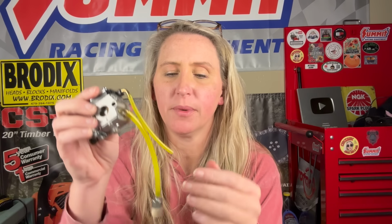Now, if you do have a carburetor with the primer bulb mounted on it, the majority of the time, like 95% of the time, if you're wanting to know which line goes to which fuel nipple, the fuel filter line always goes to the nipple farthest away from the primer bulb because it sucks the gas up through the bottom of the carburetor, goes through the carburetor, primes, goes into the primer bulb, and then returns it back into